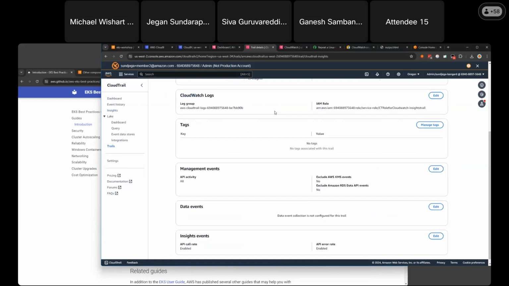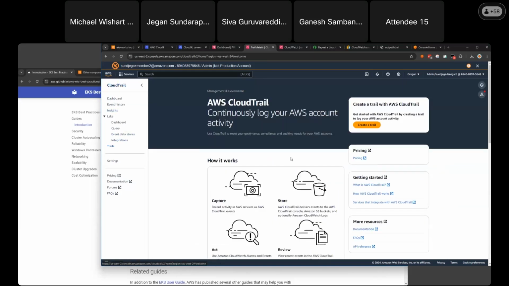This way, the CloudTrail events get streamed to CloudWatch, and then from CloudWatch you can set up alarms when a particular condition is met, or when you see certain anomalous events getting generated in the insights. So these are some of the services that AWS has to manage your EKS cluster at scale.